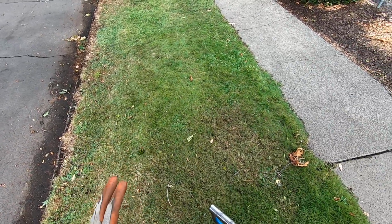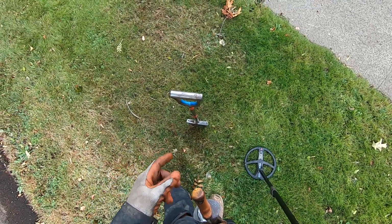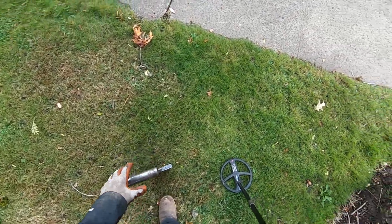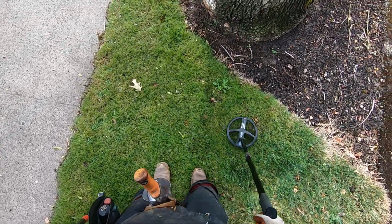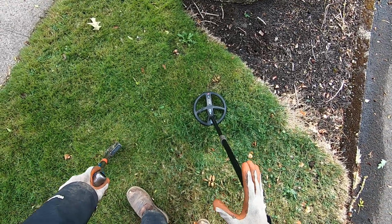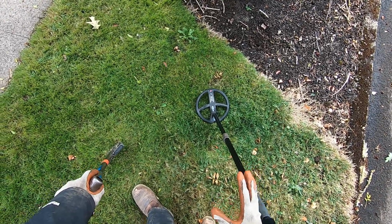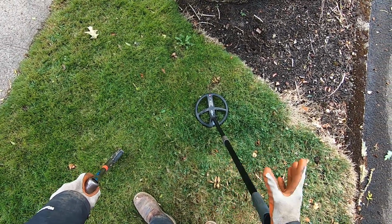It hasn't rained here in about 5 months. And I just stabbed my shovel into this ground here and it's soft now. So got a target right here. So I really didn't give this Deus X35 a chance in the wet ground when I first got it last